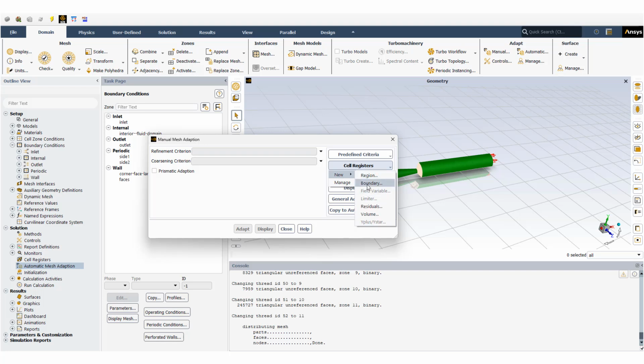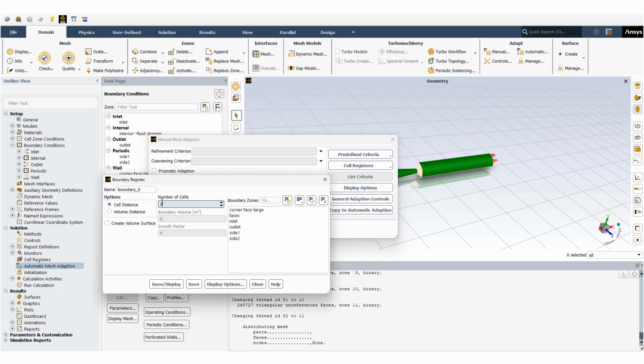Let's start with boundary. Two cells. You can here again group them based on cells, so you know that where you have wall zones, these two, and